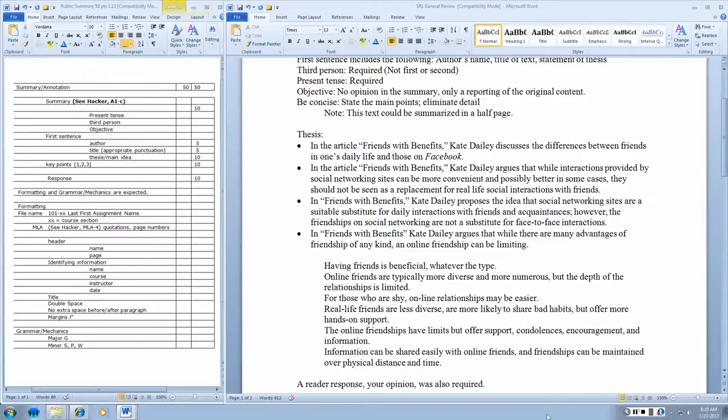There may have been some other key points, but these were the primary ones. Some of you focused on particular aspects and gave detail. You do not have to do that. You should be able to summarize an article of this length in about half a page, and that is in MLA format, double-spaced.